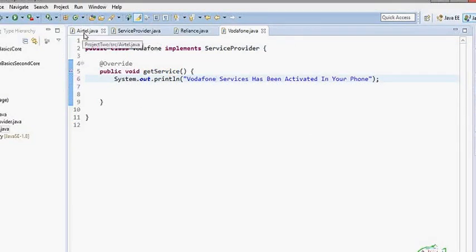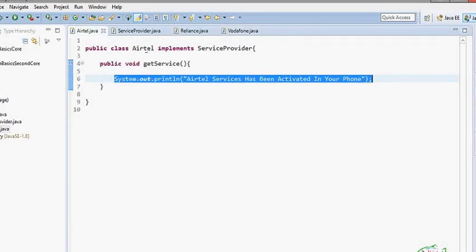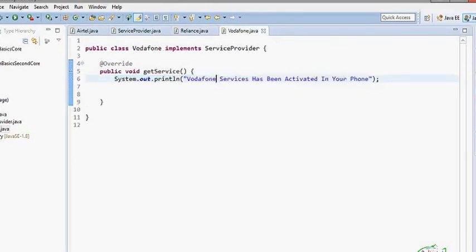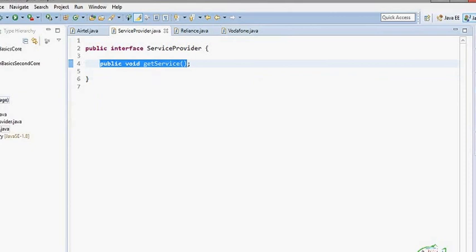So we have three service providers. Airtel is a service provider. Reliance is a service provider. Vodafone is a service provider. So all of these, Airtel, Reliance and Vodafone, are service providers.